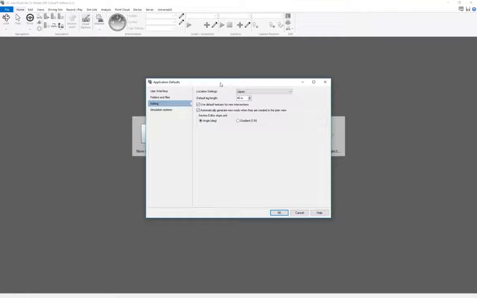The location settings actually store all the information about the specificities of a project, like which 3D models will be loaded by default, what the traffic rules are, if the vehicles are driving on the left or on the right side of the road, and some other default settings. Some of these default settings cannot be changed after you create a project. So it's important to select the correct one before you create a new project.